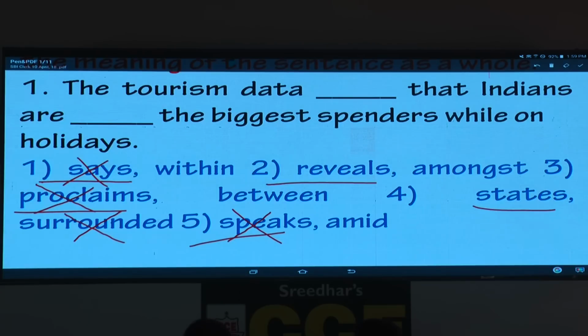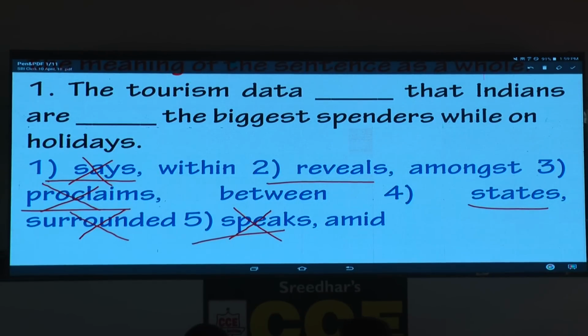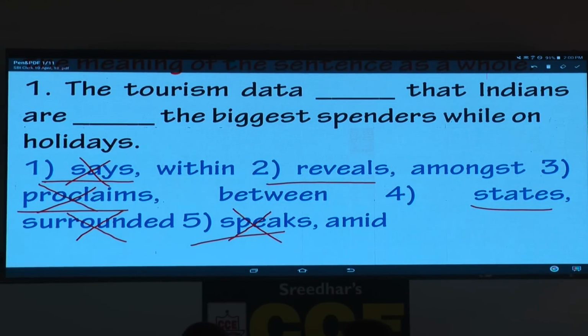But here you may get a doubt. Already some of my students, if they remember, I said what is the difference between among and amongst? But before that, let me ask a question. What is the difference between and among? Two persons or two things, between. More than two, among. Now the question is, what is the difference between among and amongst? If you remember, I told you amongst is used if the word after that begins with a vowel letter or a vowel sound. That is one dimension.